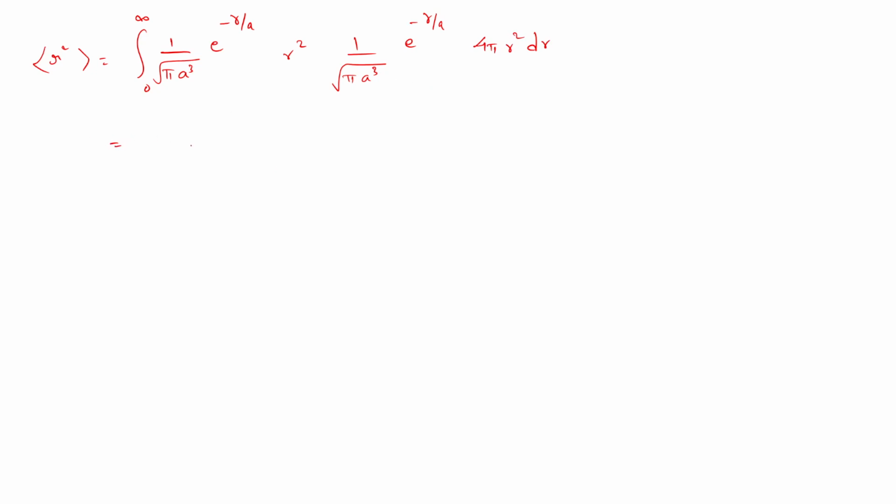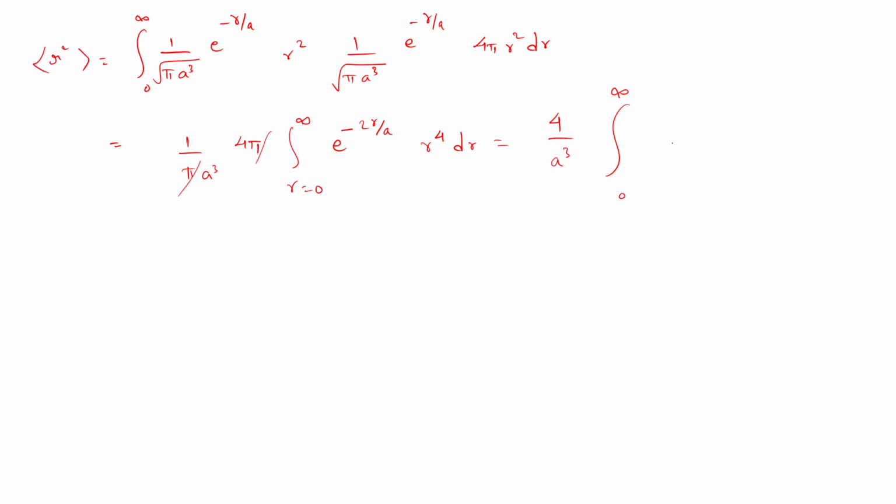On simplifying, 1 over pi a cube and 4 pi, and e to the power minus 2r by a, and r to the power 4 dr, with r equal to 0 to infinity. So this pi cancels pi, so what we have is 4 over a cube,